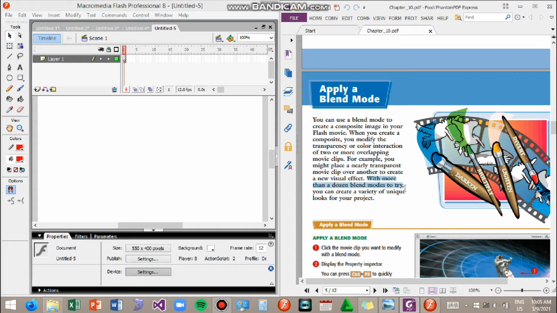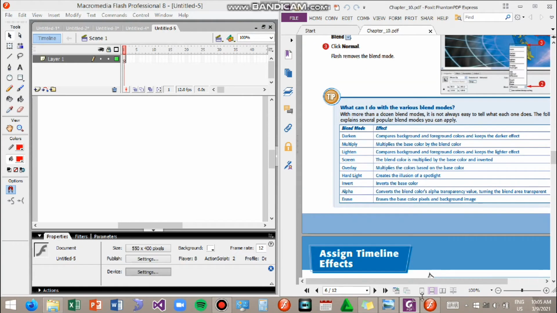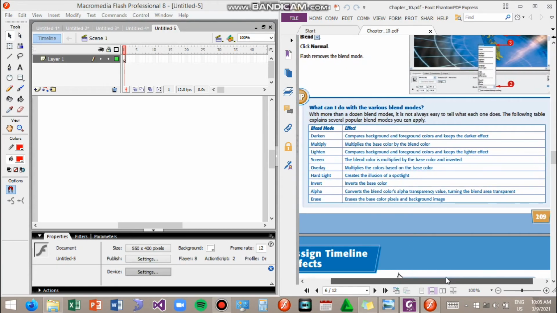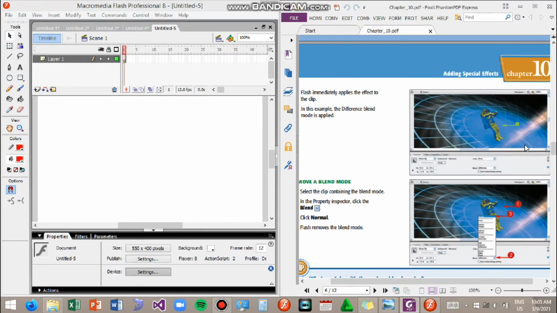With more than a dozen blend modes to try, you can create a variety of unique looks for your project. We have here different blend modes: darken, multiply, lighten, screen, overlay, hard light, invert, alpha, and erase. Those are your different blend modes.